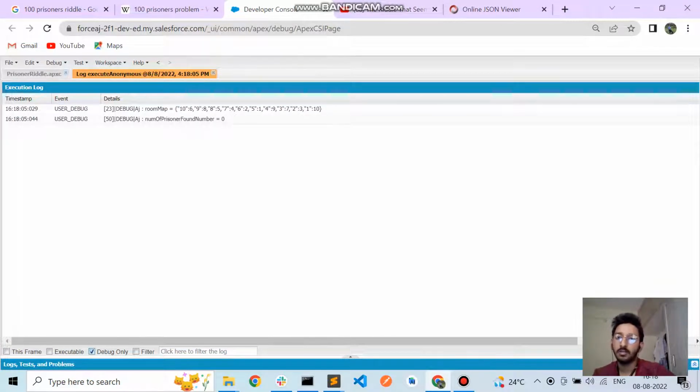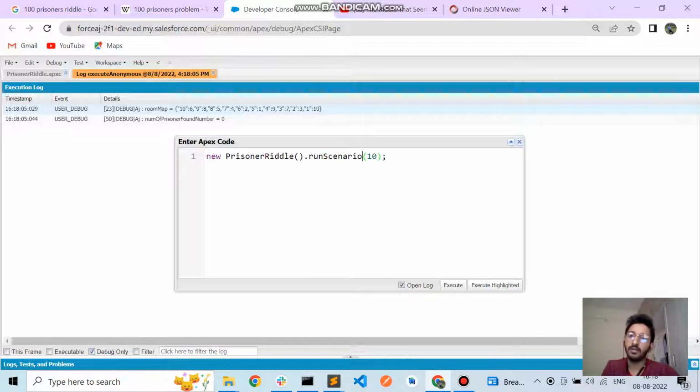So if I see the number of prisoners who found their number equals 0, it means no prisoner found their own number while using this strategy. So we will repeat this one